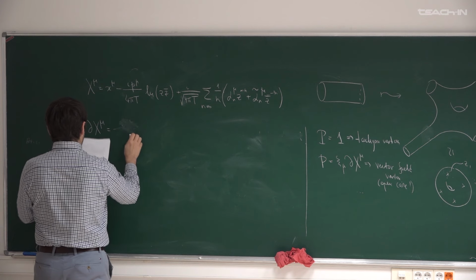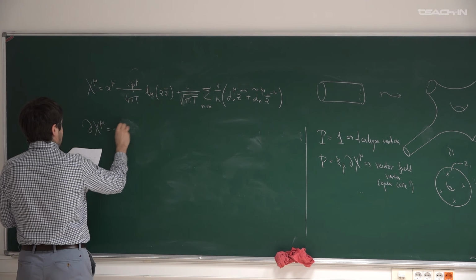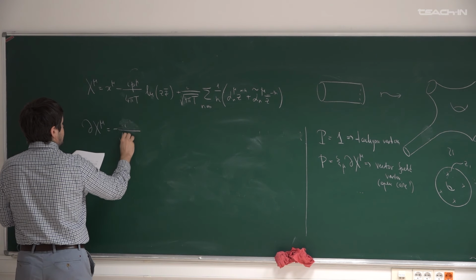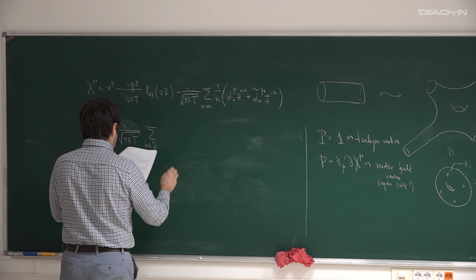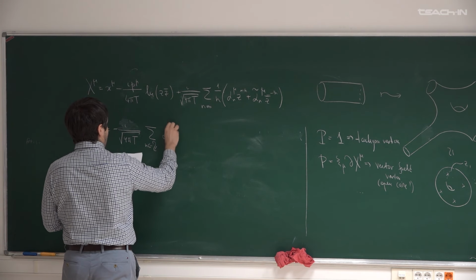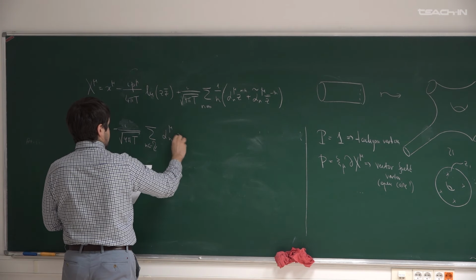Actually, you can just write it as minus i, or all n's. So that you just differentiate this, and then you consider the state 0, 0. So this is a state annihilated by all